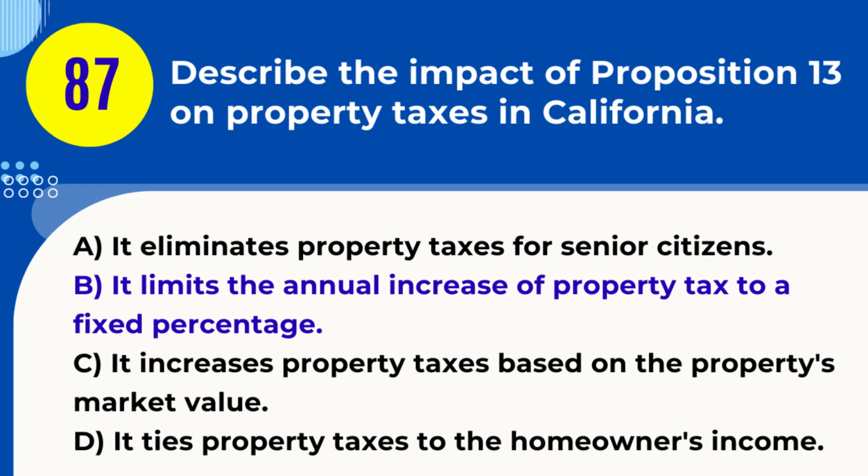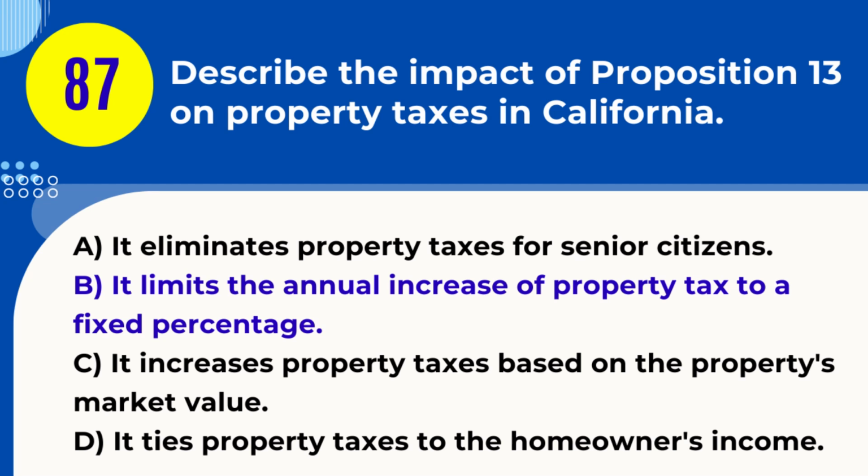Answer: B. It limits the annual increase of property tax to a fixed percentage. Explanation: Proposition 13 limits the annual increases in property taxes to a fixed percentage, providing predictability and stability in property